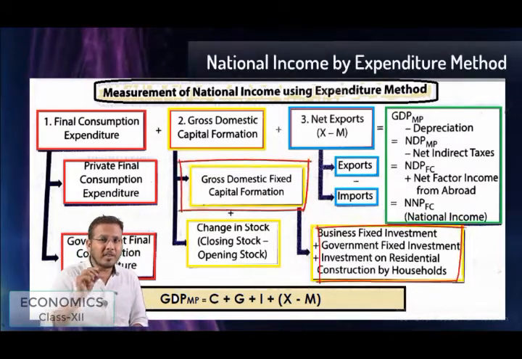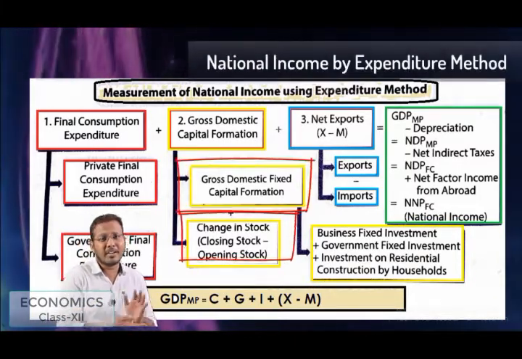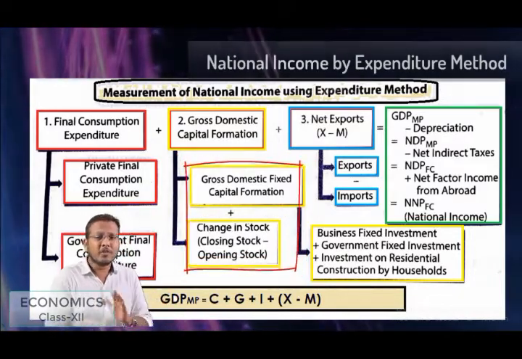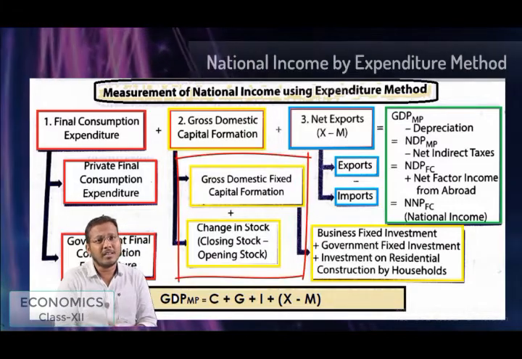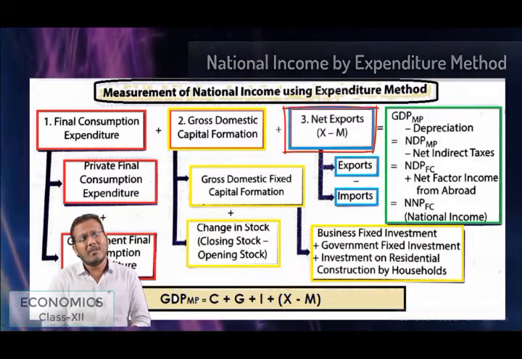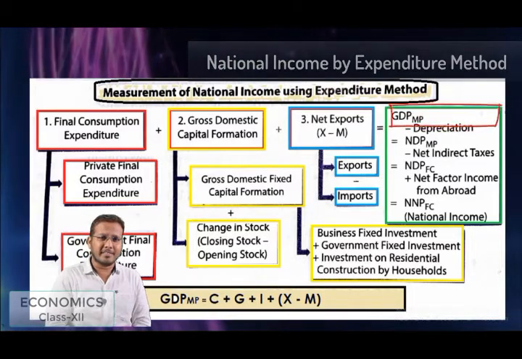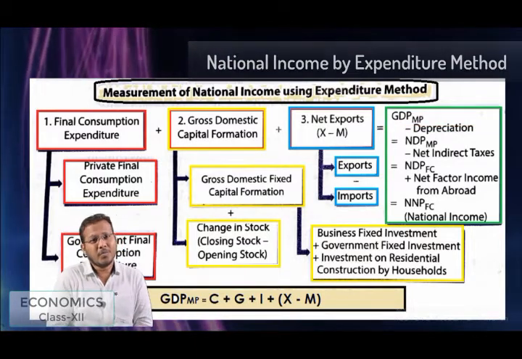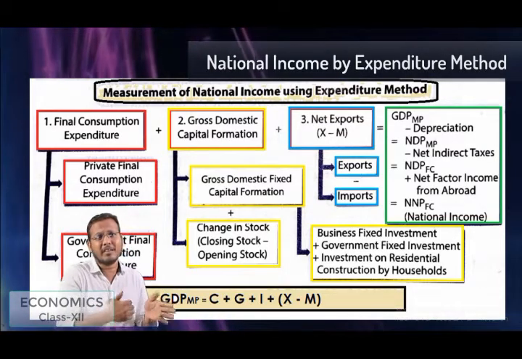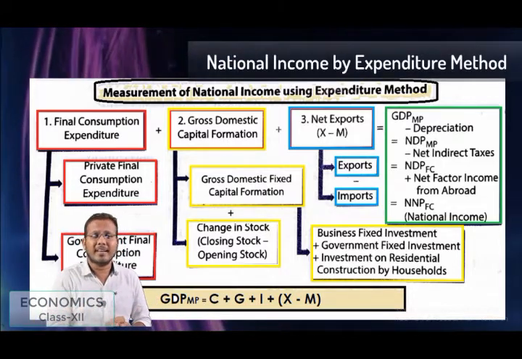And when we are having the fixed investment value, we need to add the value of change in investment or the inventory investment, that we get from the value of delta stock is equal to closing stock minus opening stock. And at last we have to add the value of net export, that is X minus M. So by this way we get the value of gross domestic product at market price. Now we will see how we will convert this value into the national income. That is the GDP at market price is to be converted into the net national income at factor cost, that is NNP at factor cost.